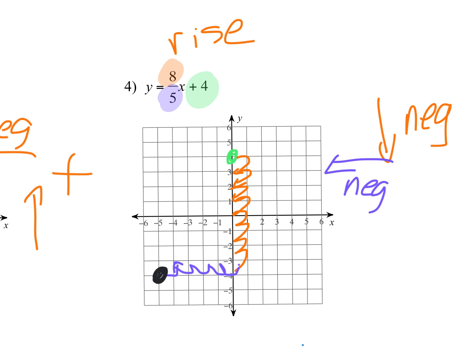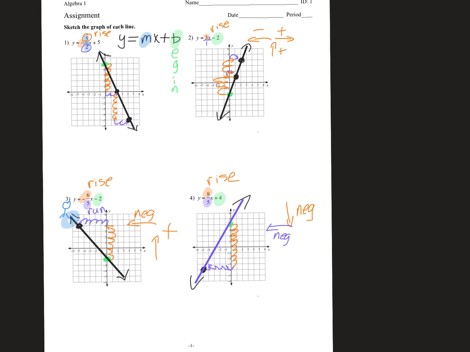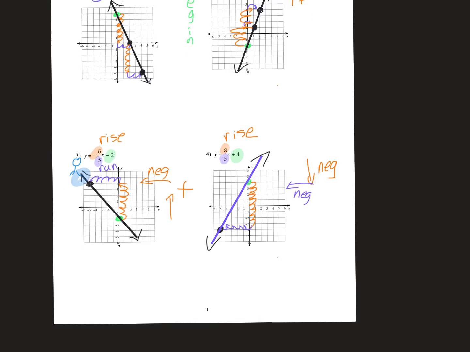So now I'm going to connect my coordinates with a line that goes all the way across the graph. I don't know why I can't get the right color. That's really bugging me. Oh, well, I'm going to stick with that off color for right now. And it has arrows, okay? So on the back page, there are 4 more